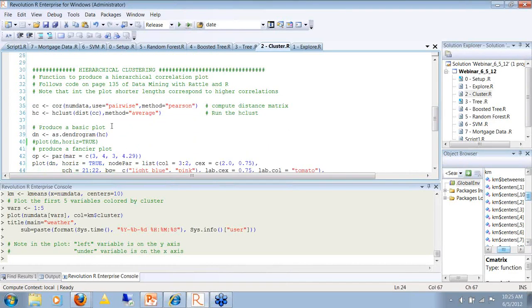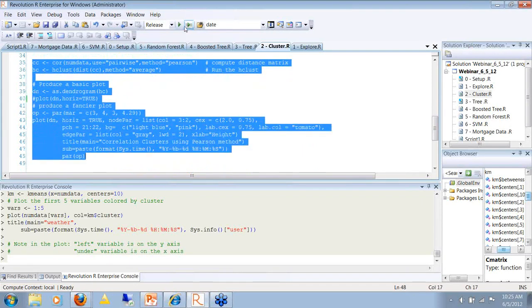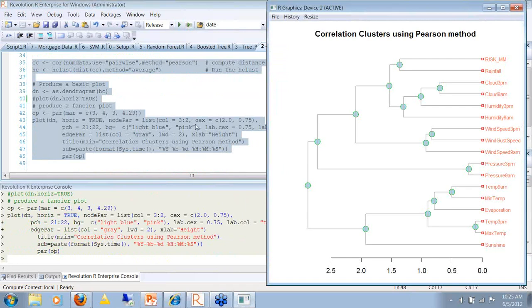All right, let's move along to the same idea. We'll look at hierarchical clustering. Again, there's a function that does that. Picking the right function, and we're going to have it run another function that makes it a dendrogram, because I want to be able to make a plot that's visually appealing and gives some idea. So here's a dendrogram plot. It shows you the smaller the lines here, the tighter the correlations. So for a few variables, it shows you a way of grouping things together.